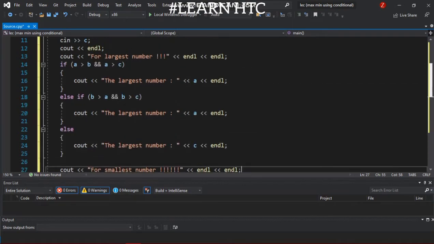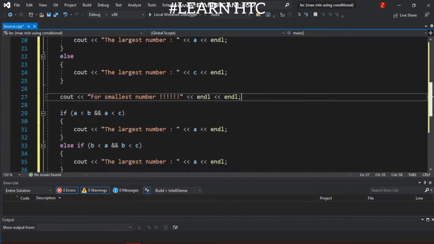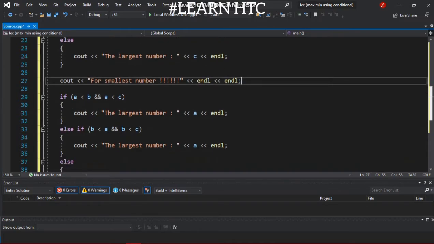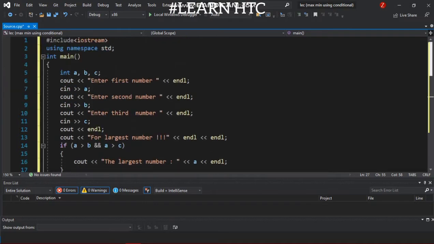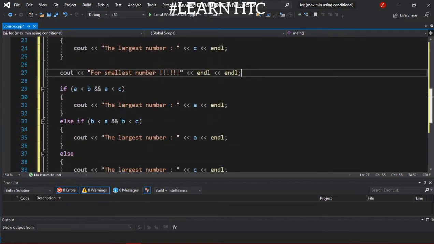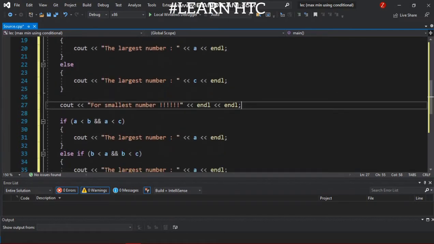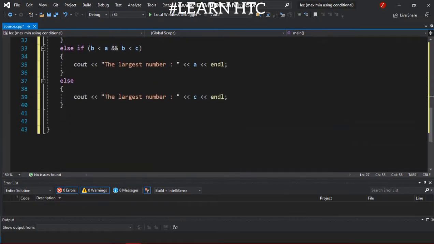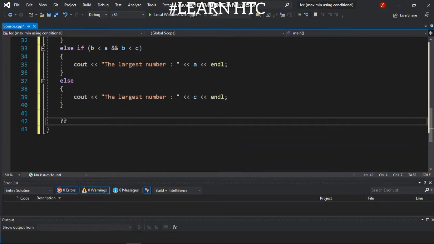Here we get three concepts: how to find the largest number, the smallest number, logical operators, and the conditional statement. One thing we also learn is relational operators, which are lesser than, greater than, and equal to. Equal to is also called the assignment operator, but it is included in relational operators. In conditional statements, we have three logical operators. We will learn the concept of these also.